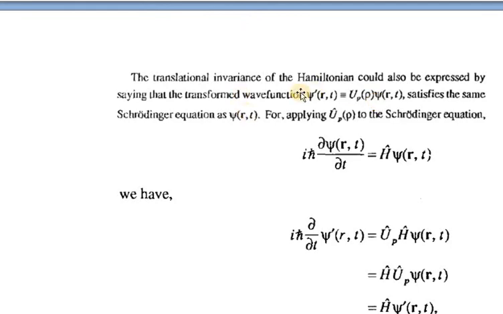That means applying U to the Schrodinger equation, we know the Schrodinger equation i h cross dou psi by dou t equal to H psi. Now after applying the unitary operator, we can write i h cross dou by dou t of psi prime equal to